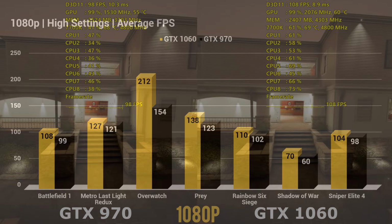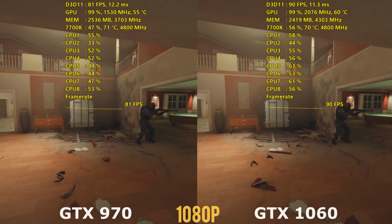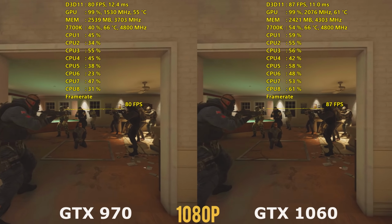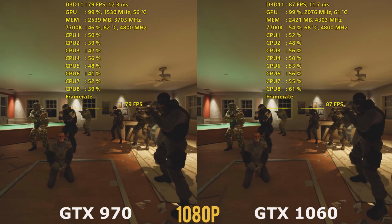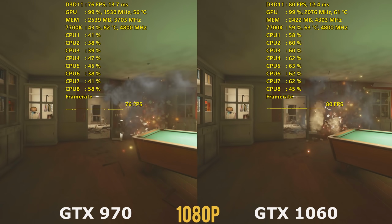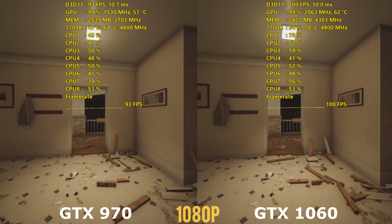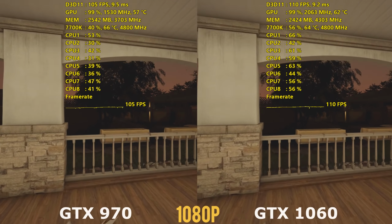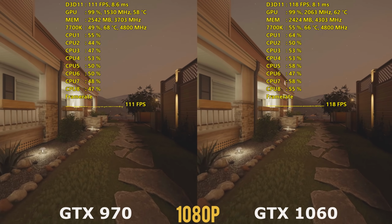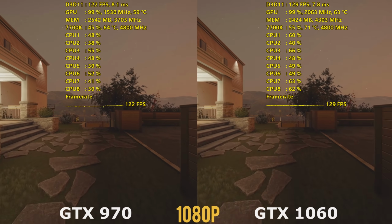So that should show you that these cards, even at 1080p, are very, very close. On average, we're looking at a difference of maybe 5 to 10 FPS, with the one exception being Overwatch, and with the GTX 1060s right now costing close to double what you can get the used 970 for, it begs the question as to why you would even consider getting the GTX 1060 unless you just really want a new card and you're afraid of the used market, which I guess is understandable, although really the 970 I think is the best bang for the buck right now when it comes to used graphics cards,